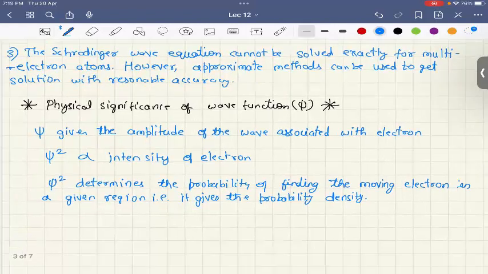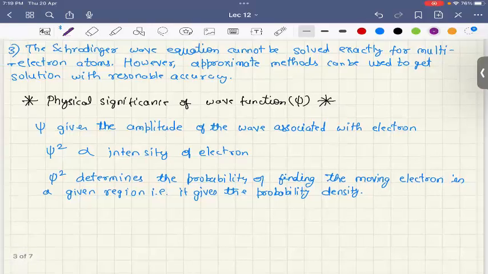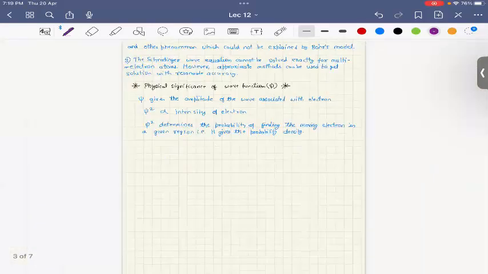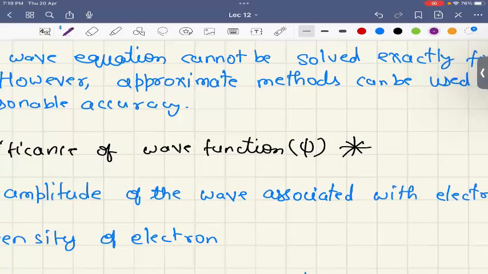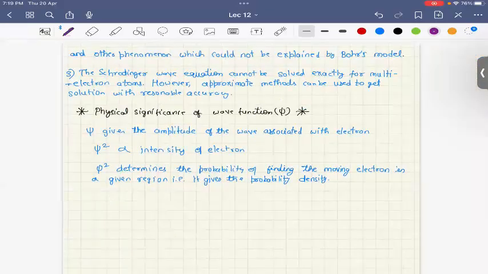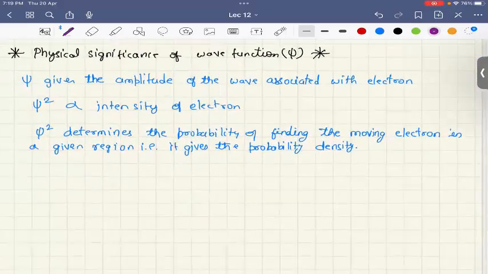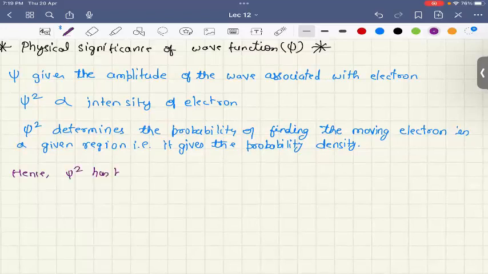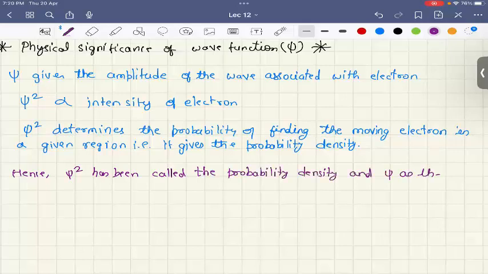Hence, psi square has been called the probability density, and psi the probability amplitude. Right? Hence, the solution of the Schrodinger wave equation replaced the discrete energy levels or orbits proposed by Bohr